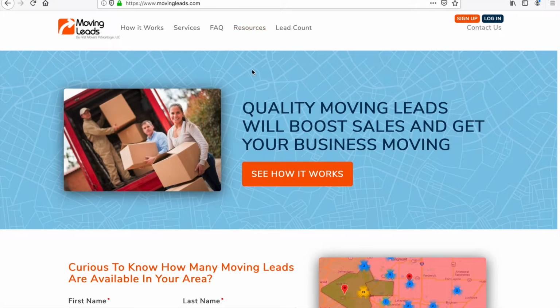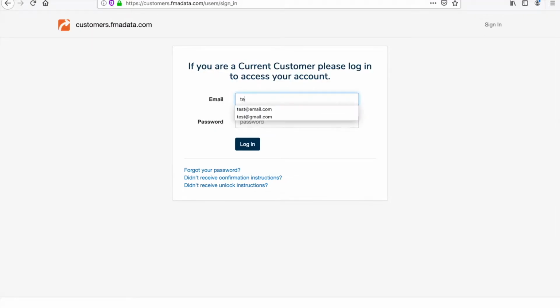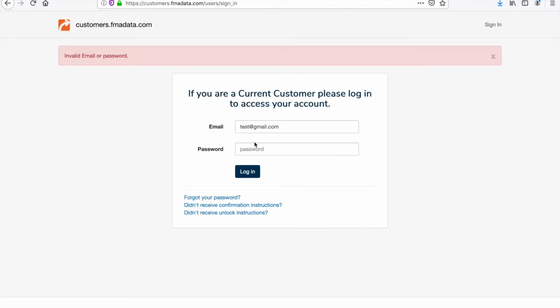Log in using the button on our main website, movingleads.com, in the upper right-hand corner. Use the email and password that were used to open your account. If you receive a message when logging in that the email is not set up as a user, contact us